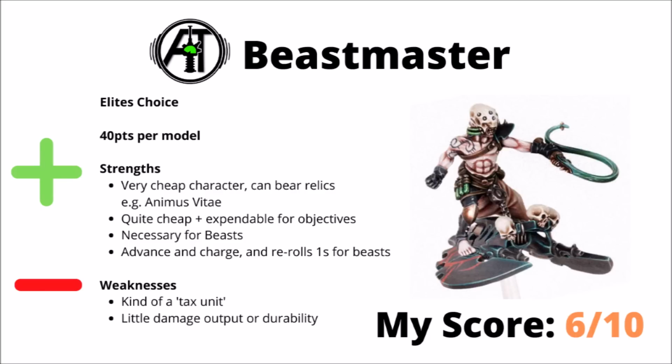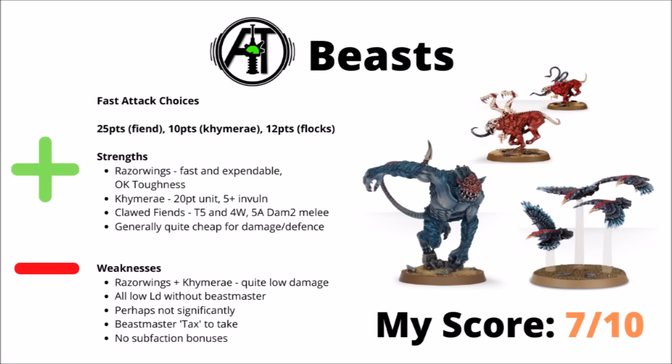Still though, beasts in general aren't a massively popular pick either, perhaps because other units can do a fairly similar job and not have to bring this guy along as a tax. Speaking of which, we have the beasts, 3 different units in the fast attack choices, the Fiends for 25 points, the cheap Chimerae for 10, and 12 points for the Razorwing Flocks, and for 1 Beastmaster you can take 3 of these units along. They're all really quite cheap, and I think that they all do at least have an